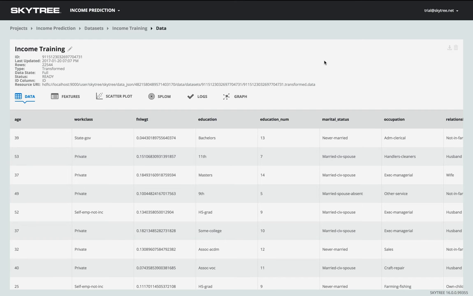We see immediately the variety of different data types that are present: numbers, categories, discrete and continuous values. Skytree also handles text, time series, sparse data, and missing values. In these data, each row represents a customer, and each column is a piece of information or feature about them. Scrolling over to the rightmost columns,